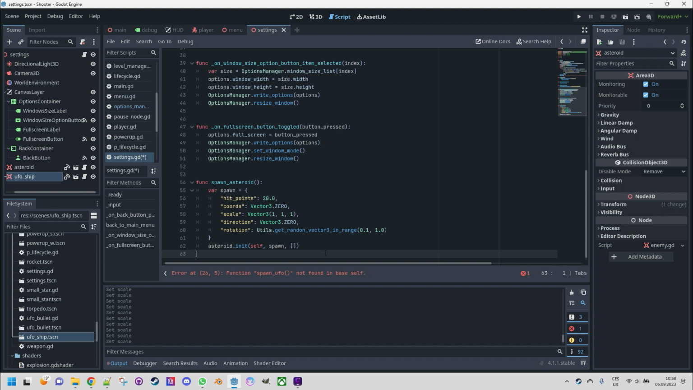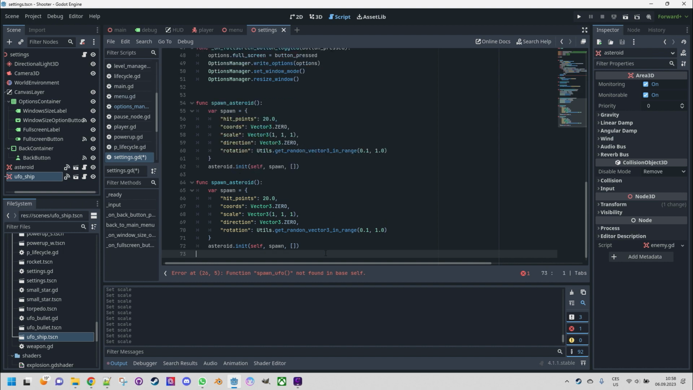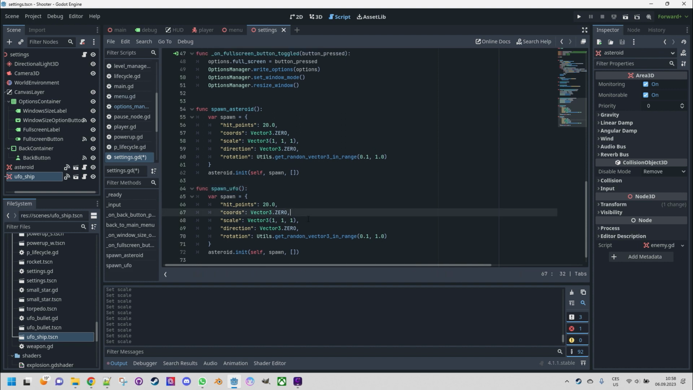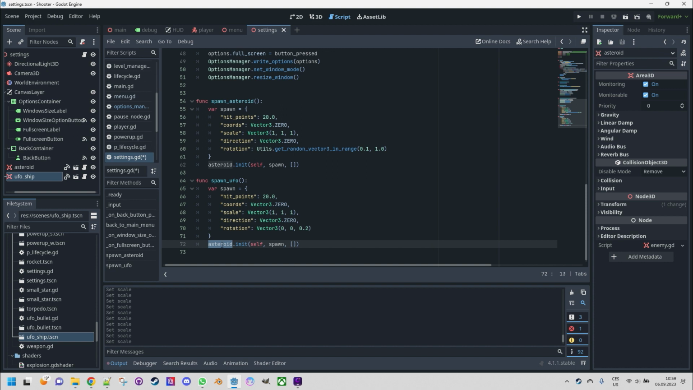Alright, let's do a similar thing for the ship. Spawn UFO, and this time this is same, nothing is changed here, only the rotation, let's make it static this time. Vector 3, 0, 0.2. Okay, and the UFO ship init with the same parameters. Alright,